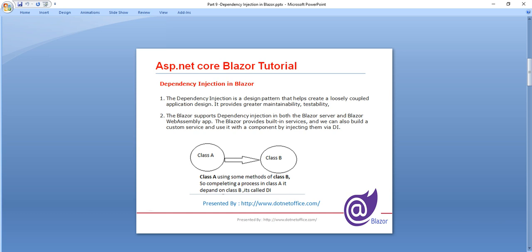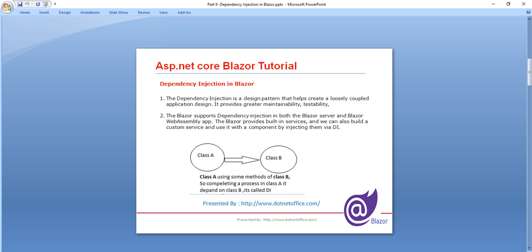Dependency injection is basically a design pattern that helps create a loosely coupled application design, and it provides maintainability and testability. Blazor supports dependency injection in both Blazor Server as well as Blazor WebAssembly apps. Blazor provides built-in services, and we can also build a custom service and use it with a component by injecting it via dependency injection.